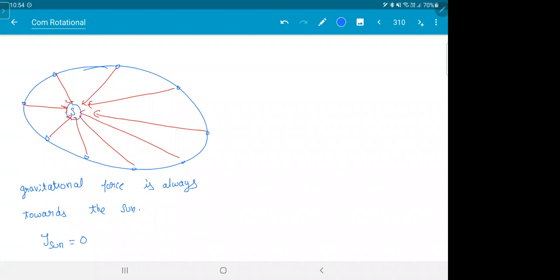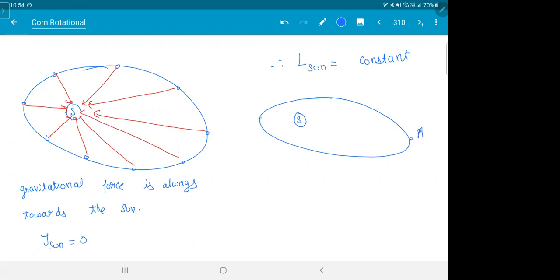If all the forces are passing through the sun, if you take torque about the sun, isn't the torque 0? Agrees with the statement, everyone? Therefore, L about the sun is constant. Then you're done. So this is point A, this is point B. This is VB, this is RB. This is VA, the perpendicular distance is RA. LA is equal to LB.